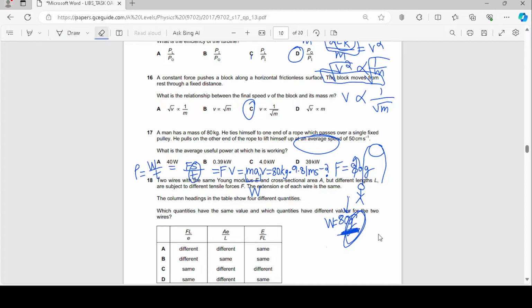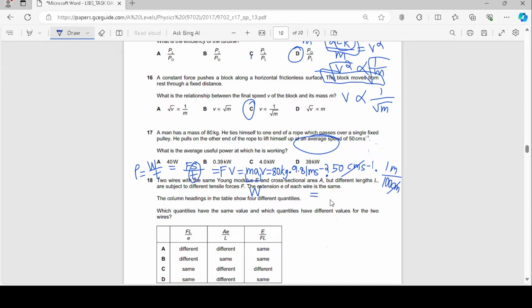Actually, let me just erase this diagram, although it kind of reminds me of Hangman, but it's more important to do physics right now. 50 centimeters per second, and then we just have to convert the centimeter to meter, so I'm going to multiply. So then you have 1 meter having 100 centimeters, so I'm going to multiply by 1 over 100, or you could say divide by 100, or multiply by 10 to the power of minus 2, whatever you want to say, as long as you understand what you are doing. So then that's going to be 80 into 9.81 into 50 into 1 over 100, and that gives me an answer